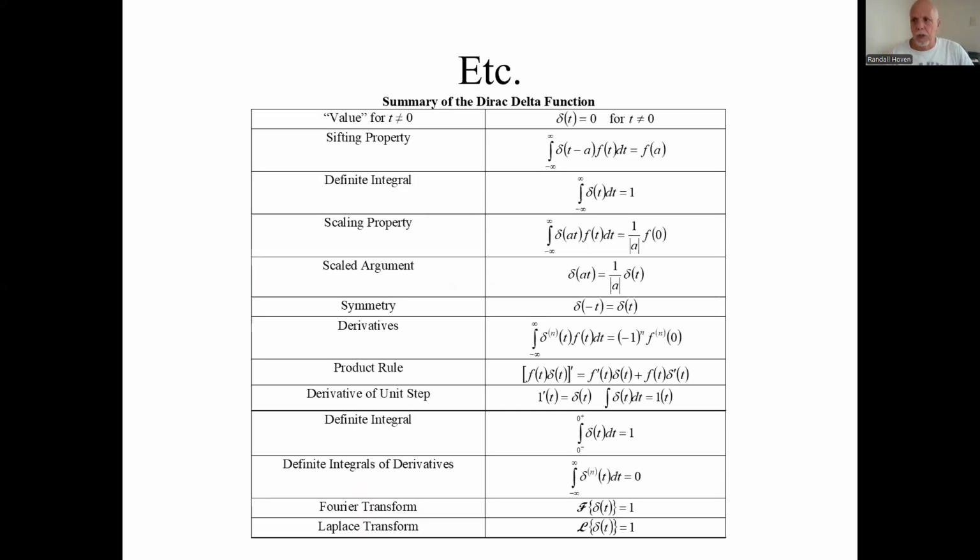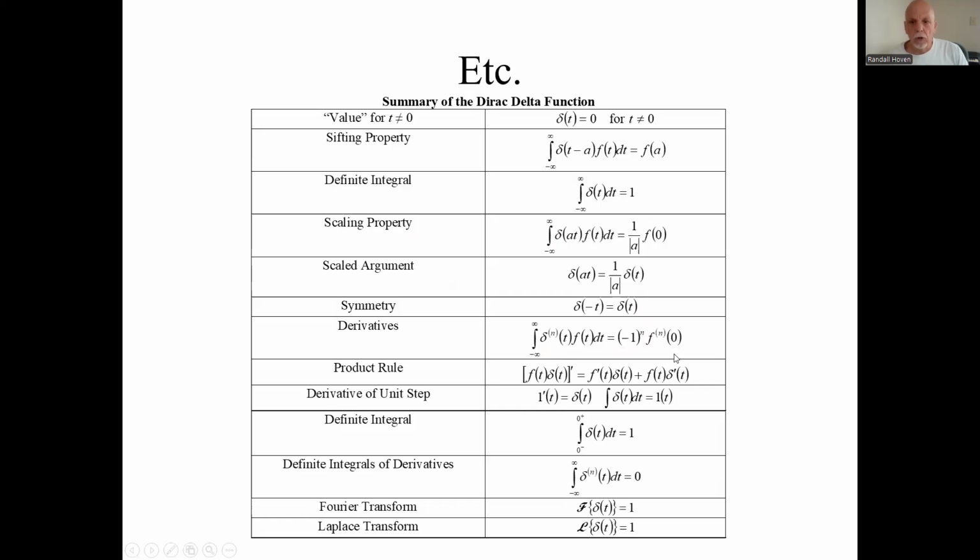If you want to see them all with the proofs, the heuristic proofs, see my website. But here's kind of the summary of them. A bunch of properties of the Dirac delta function: what its value is, the sifting property, the definite integral, the scaling property, symmetric,